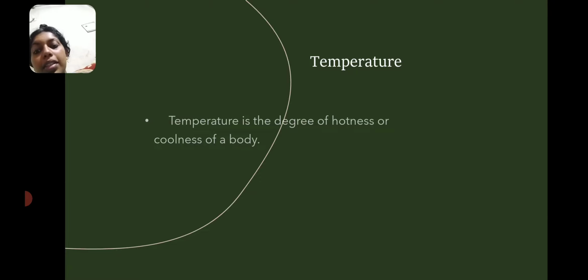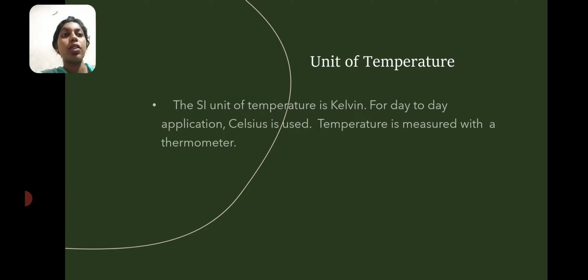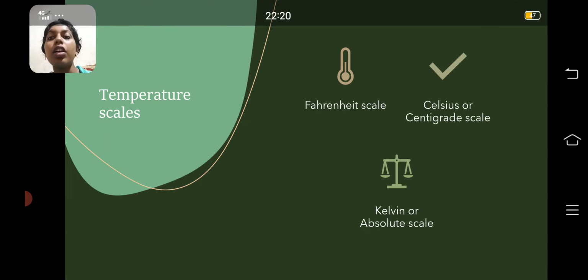There are three units of temperature. The SI unit of temperature is Kelvin. For day-to-day application, Celsius is used. Temperature is measured with a thermometer. The three units used to measure temperature are degree Celsius, Fahrenheit, and Kelvin. First one is